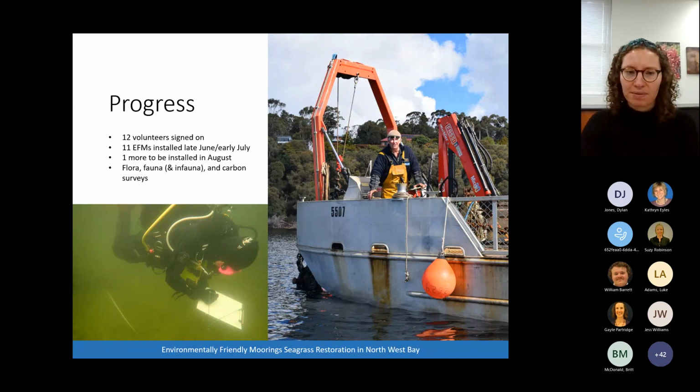So we have got all 12 volunteers signed on. 11 moorings were installed in the past 2 or 3 weeks. I'm waiting on some photos from Sarah. They're very busy, but 11 are in and one more is just getting the engineering specifications double checked before it goes in. So we've broken ground here, and we've got really great baseline data,